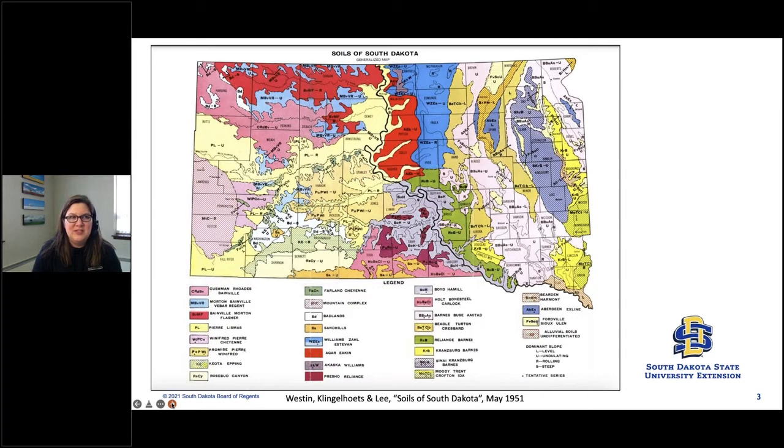We have more measurements, more ways of looking at it. And you think of South Dakota generally as this flat, maybe flyover state. And really our soils are pretty diverse. The eastern side of the state was glaciated; the western side was not. So we have very different soils west of the Missouri River as we do east of the Missouri River,